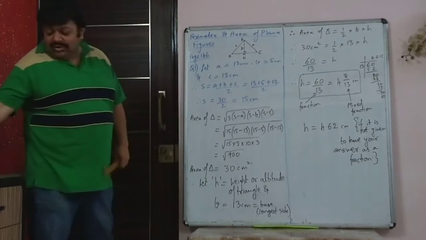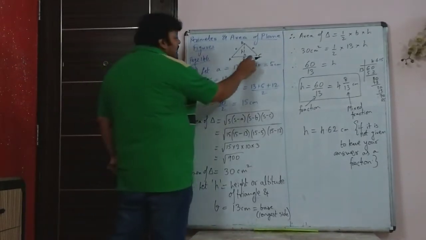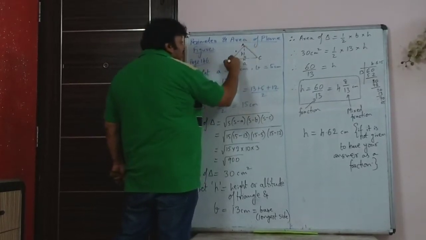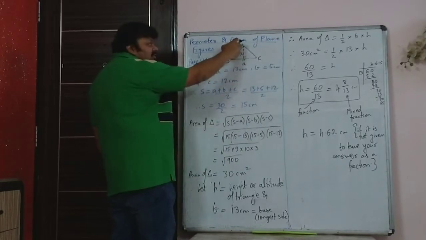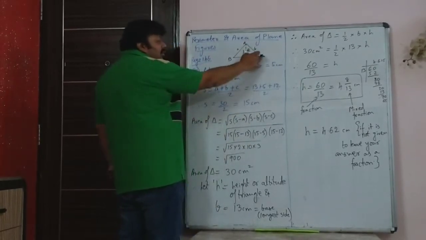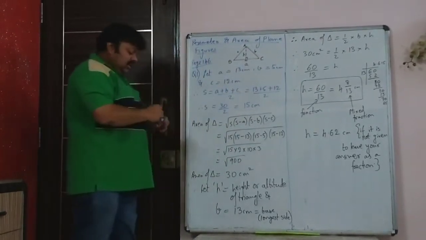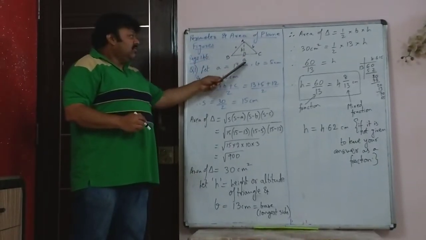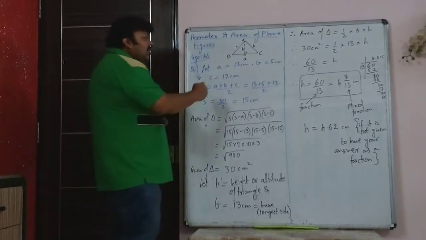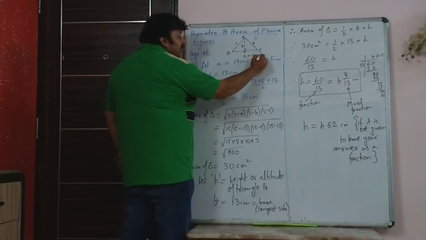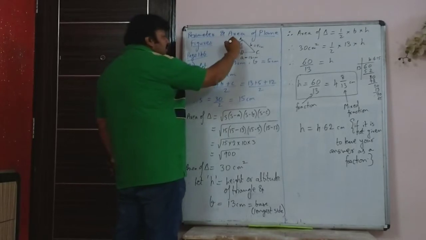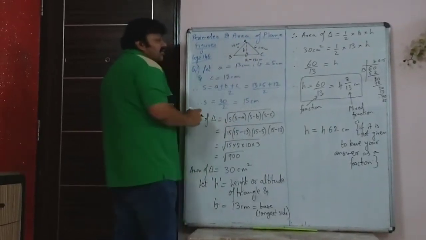So therefore in the figure, if you are considering A as the base, then you can call this triangle A, B and C. Because generally opposite to capital A you write small a, opposite to capital B you write small b, and opposite to capital C you write small c. Capital A is the vertex and small a is the opposite side to that vertex. So in this case this is 13 centimeter, this b is 5 centimeter and this c is 12 centimeter. Opposite to vertex C is small c.